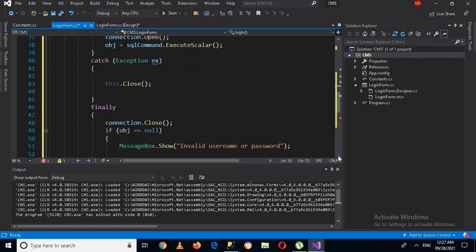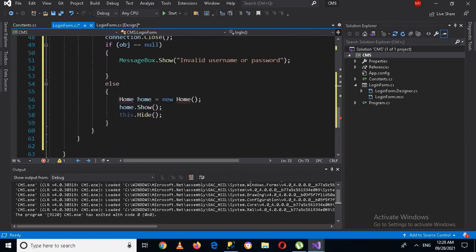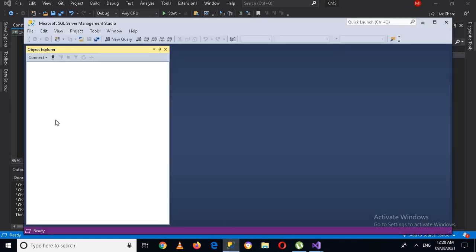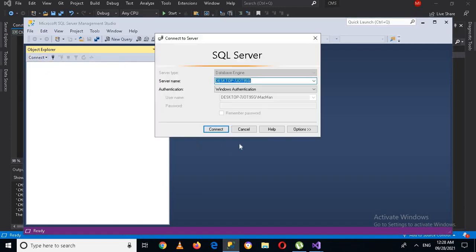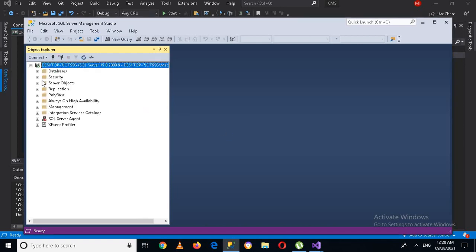So now this is resolved. Now we will go down and we will remove this, and later we will create a form when login is successful, and then we will go to that form from here. So now I'll go to database, here connect,